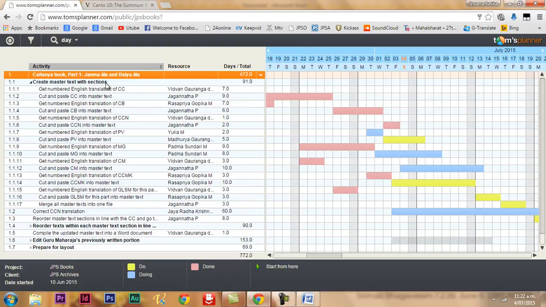This master text contains a list of pastimes, and our first step is to look for the description found in each of these biographies for that particular pastime. So we collect them.